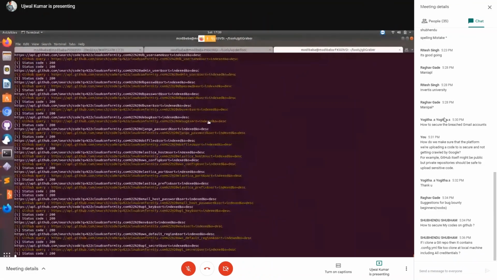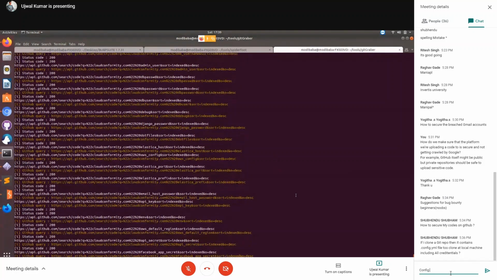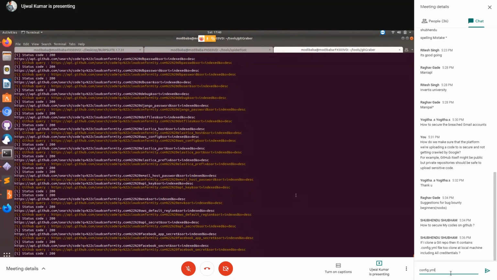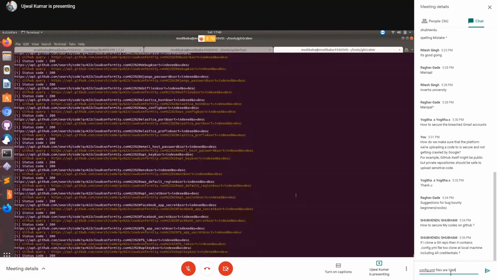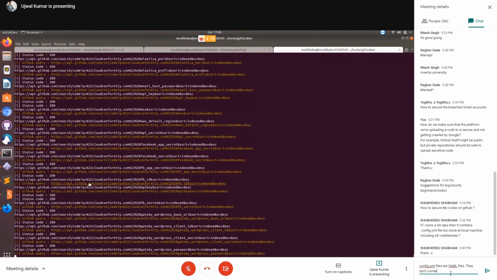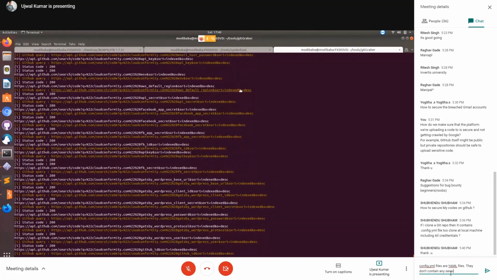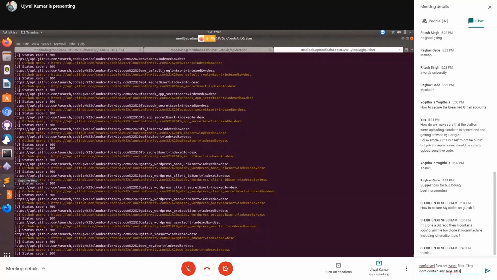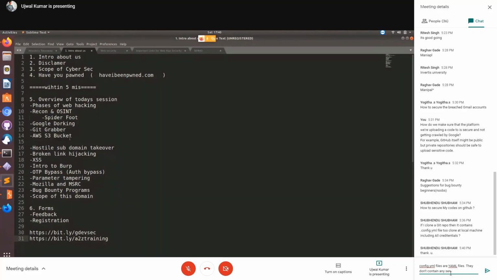Yeah, so I'm very sure about Git grabber working, even though it's not working right now. You can always go back and work on it, and you can always text me if you have any queries with regard to that. So I think I'll close the recon part now, and let's start the attack part of it. I don't feel like leaving Git Grabber, I love this. Now I'll explain how AWS S3 buckets are found and hijacked.